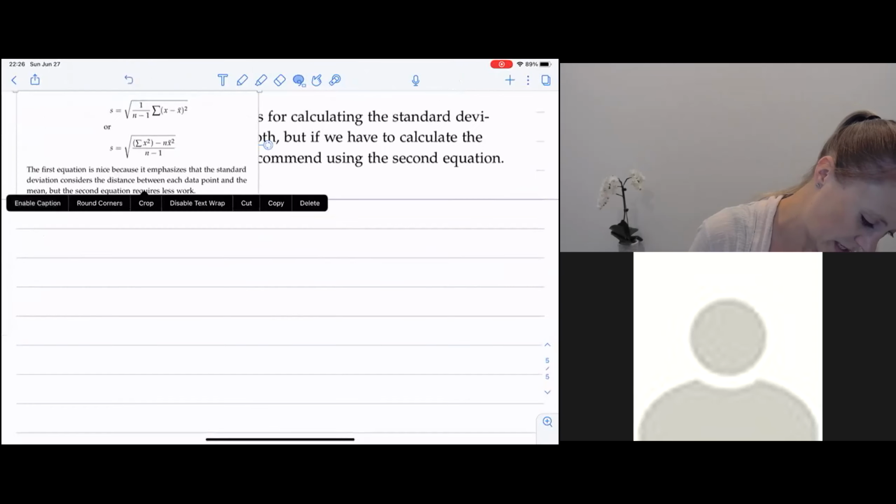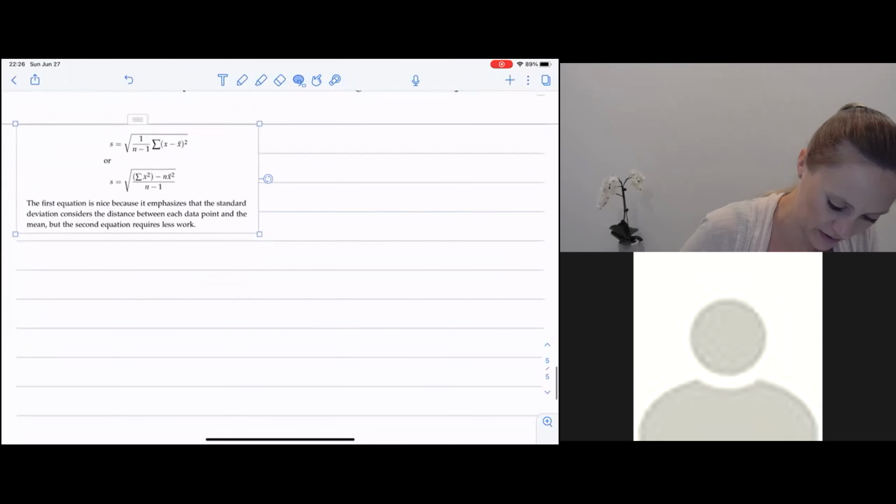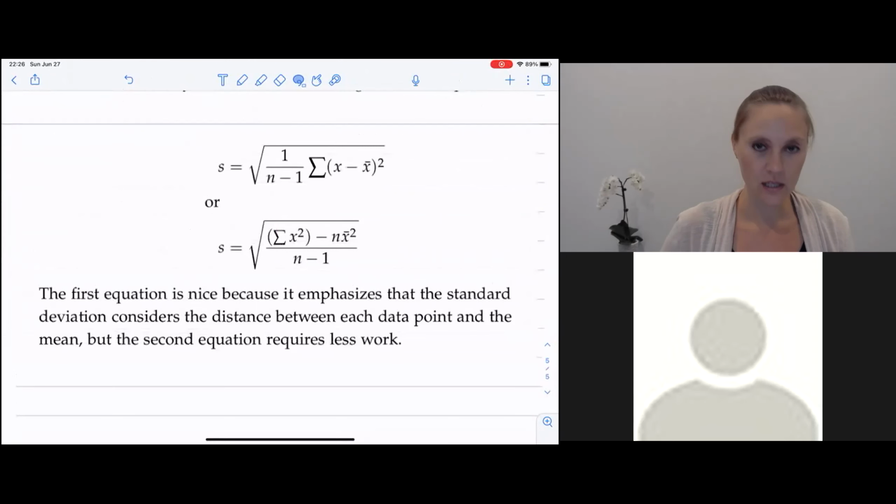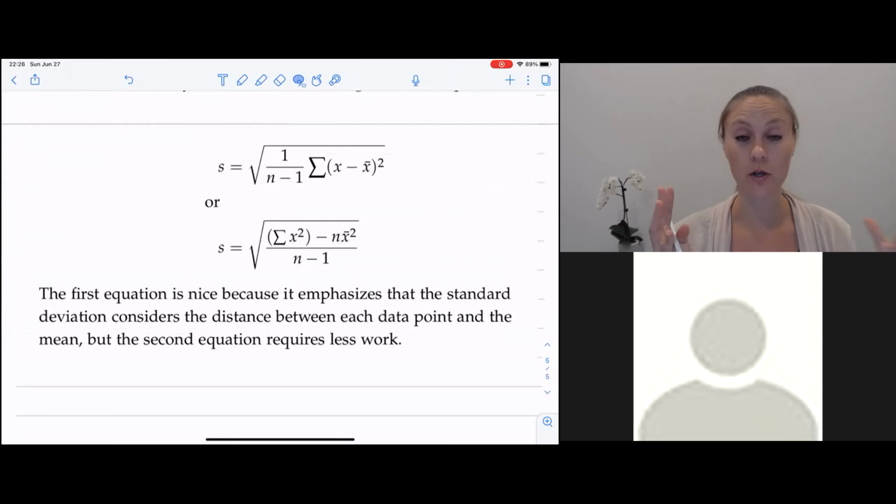And just as a reminder, do you remember what the sample standard deviation is? What's it doing? It's measuring the variability in our data, right? It's our numerical measure of spread for a normal distribution, right? So we're assuming we have a normal distribution. And so the standard deviation is our numerical measure of the spread. So